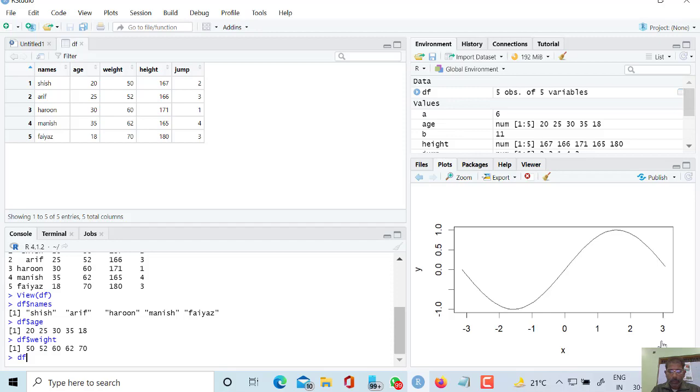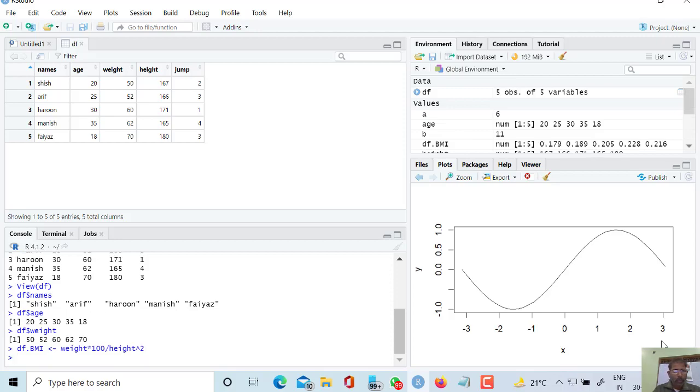So df dollar BMI equal to weight multiplied by 100 upon height square. Now let us view our new df data frame.